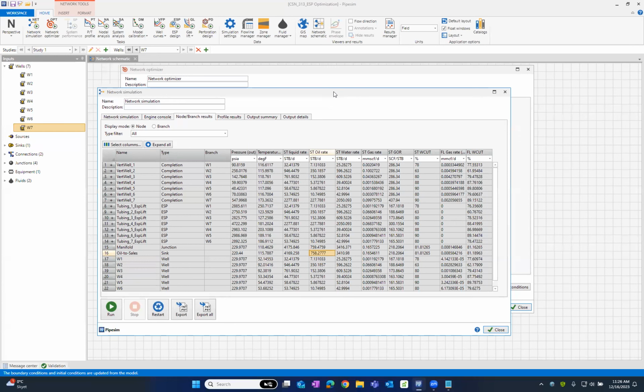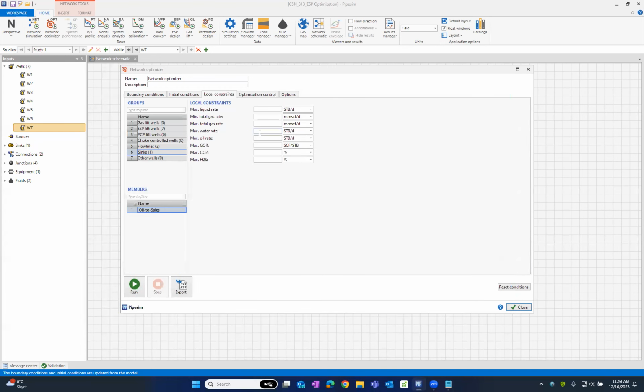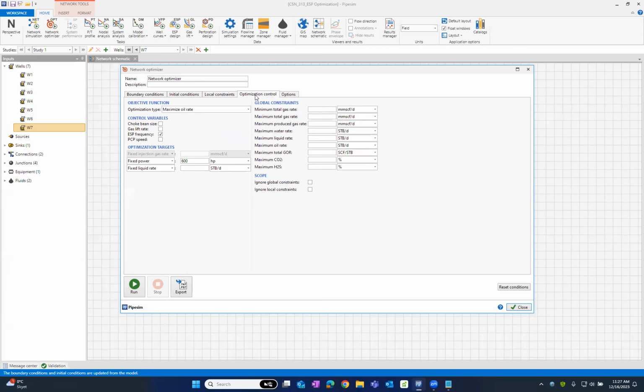So what I will do is tell it that the maximum water rate is probably 3,000. What will happen is that the system is going to play with the ESP frequency. This is the control variable. And this is the fixed power, the power that I have right now, which I need to distribute among the pumps. So when I click on run,